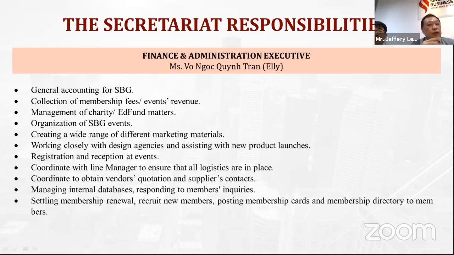And now we have Ellie, who is our finance and administration executive. She's responsible for the general accounting of SBG, collecting membership fees, and taking care of the event revenue, and of course is in charge of charity and ad fund activities as well. So you will see both Emily and Ellie at our events, and the last but not least is